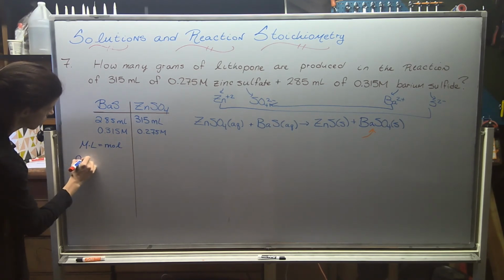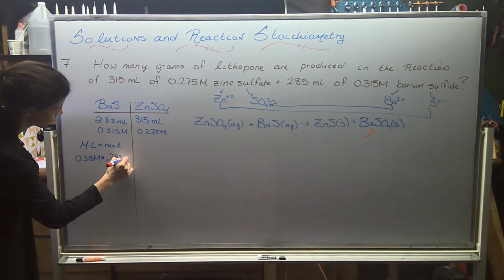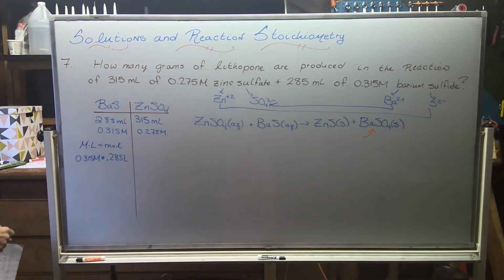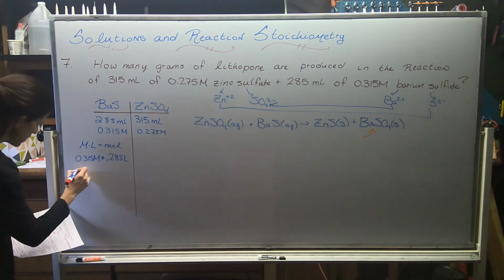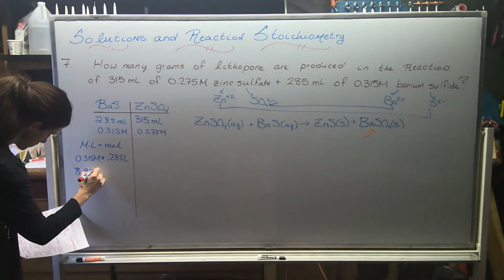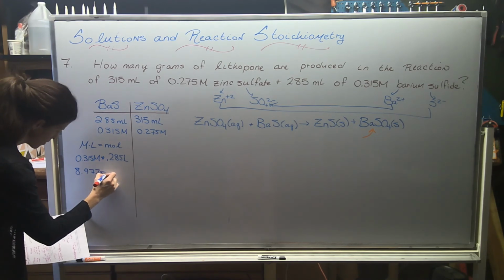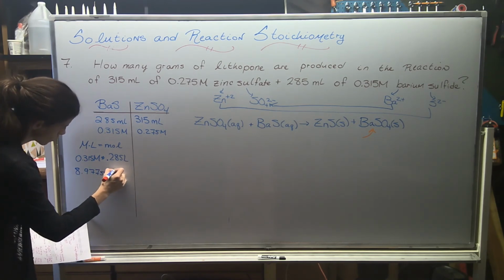So I'll do 0.315 times 0.285, because I divided the liters by 1,000. And here I get 8.9775 times 10 to the -2 moles